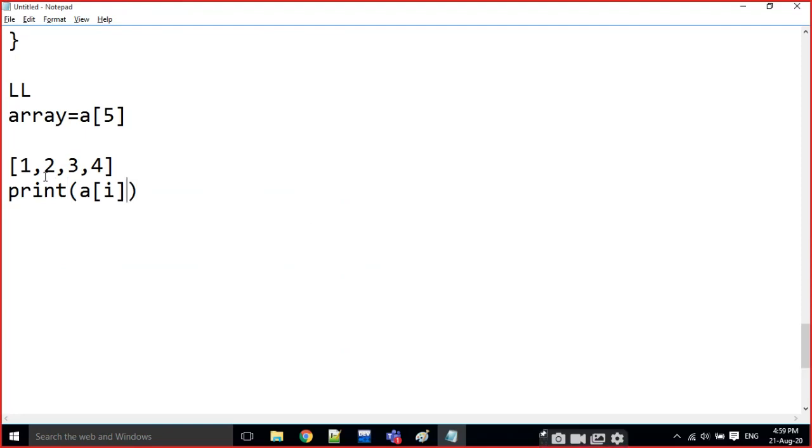Instead of printing E of I, print the address using ampersand E of I with percentage U. It is going to give the address values of all the elements. For example, the first value's address is 100, the second is 104 if the integer is 4 bytes, the next is 108, then 112, like this. They are placed in consecutive memory locations.